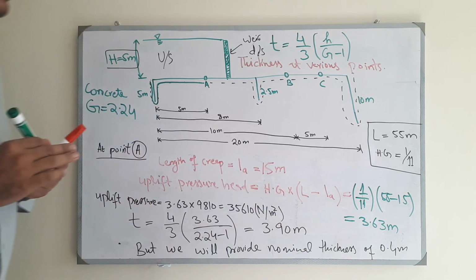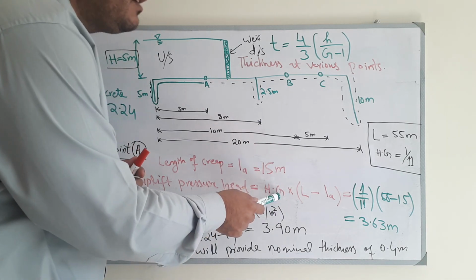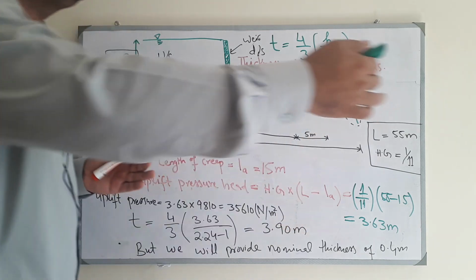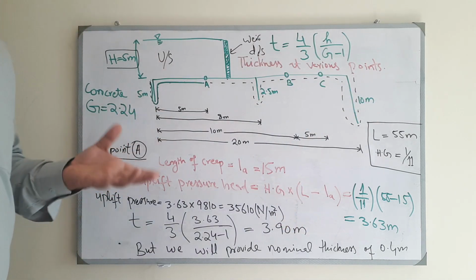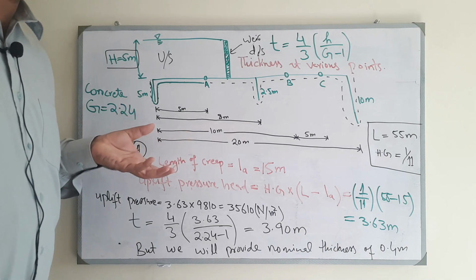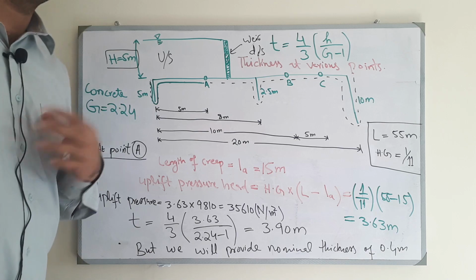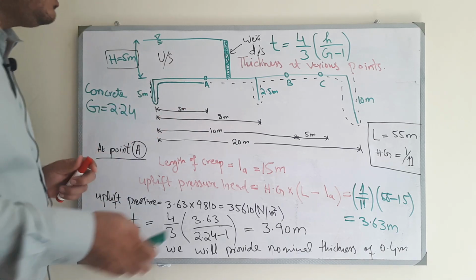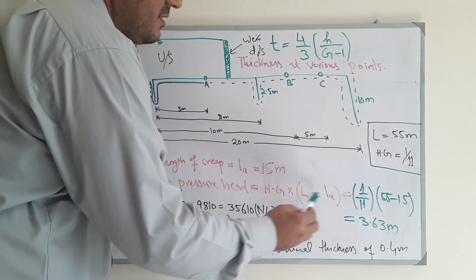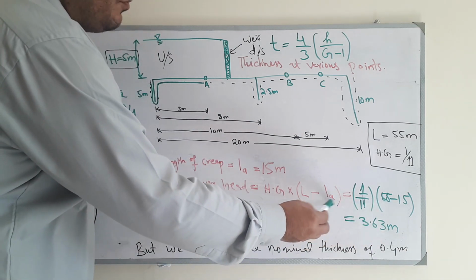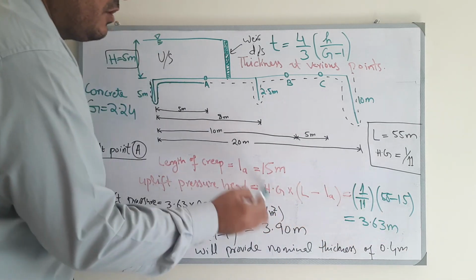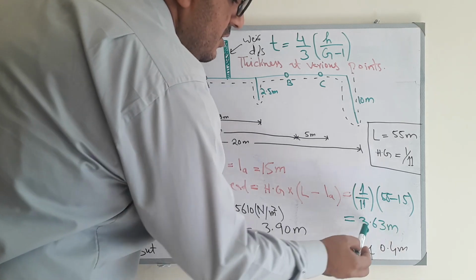Now the uplift pressure head is always the average hydraulic gradient times the total creep length minus the creep length of the point, which is your desired location where you want to find the thickness of the impervious floor. So the total creep length is 55. The creep length up to point A is 15, and the hydraulic gradient is 1/11, and you'll get 3.63 as